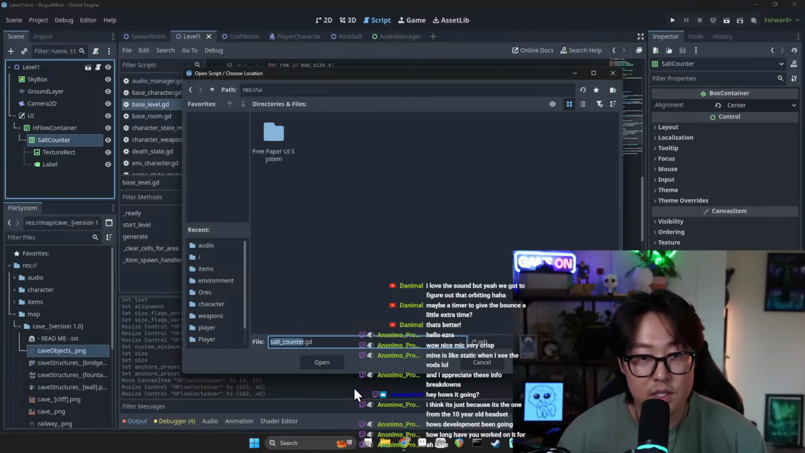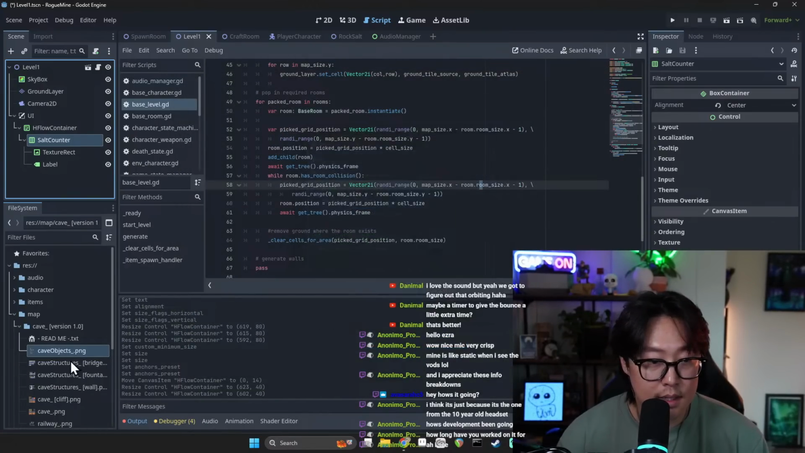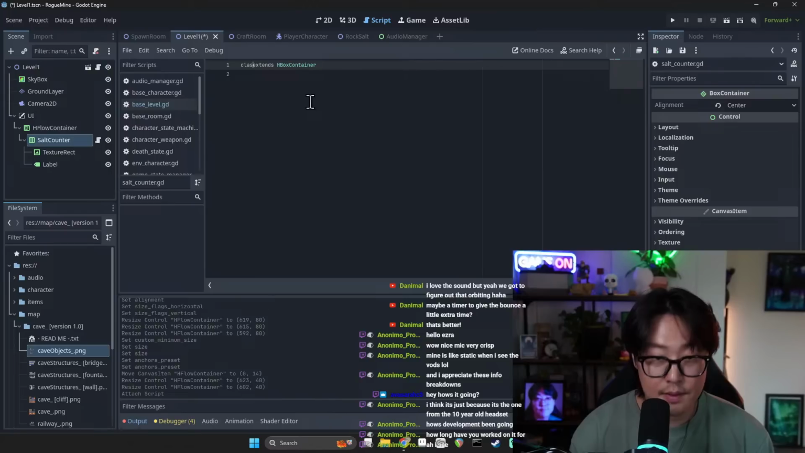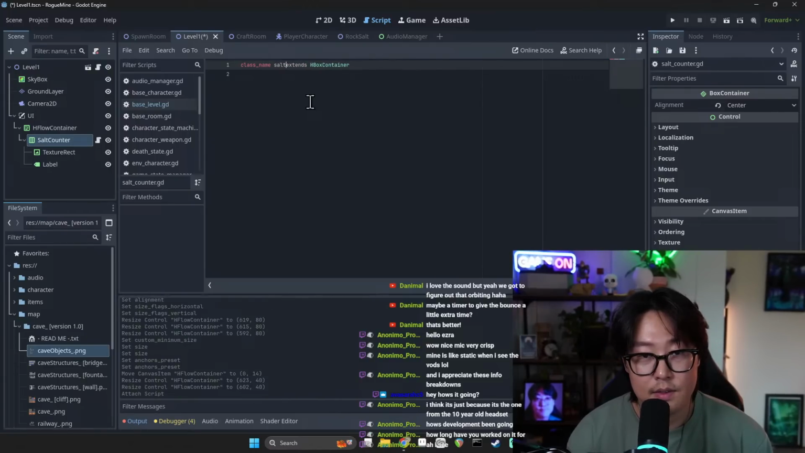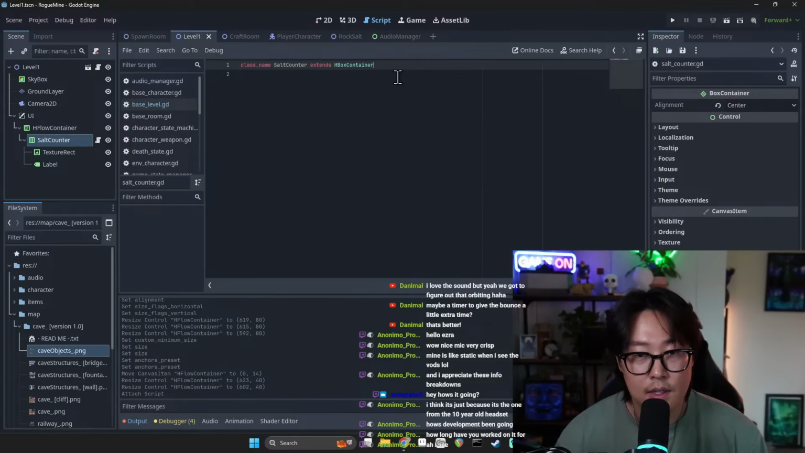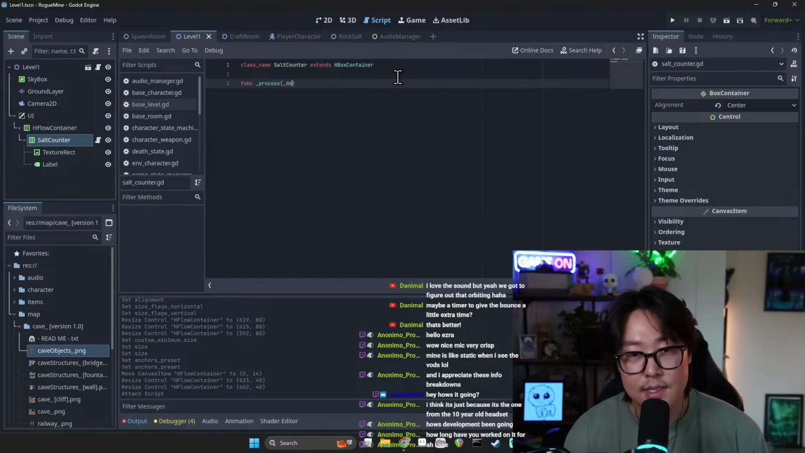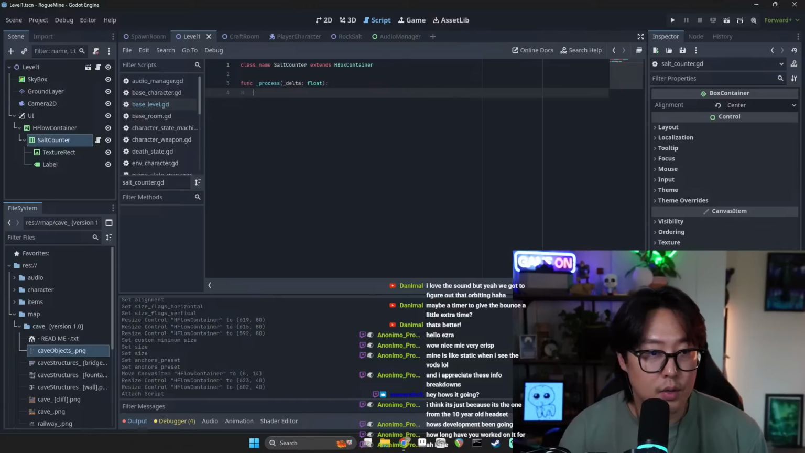Salt counter GD is okay. And then have it salt counter. And then on process, it'll just simply go